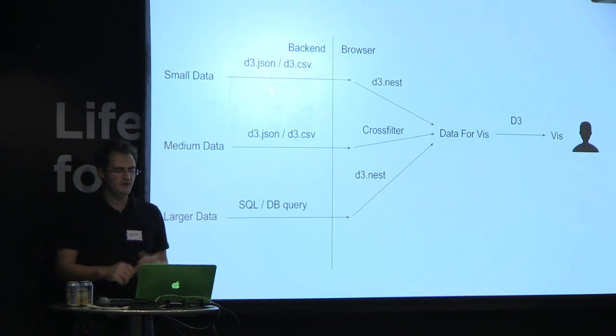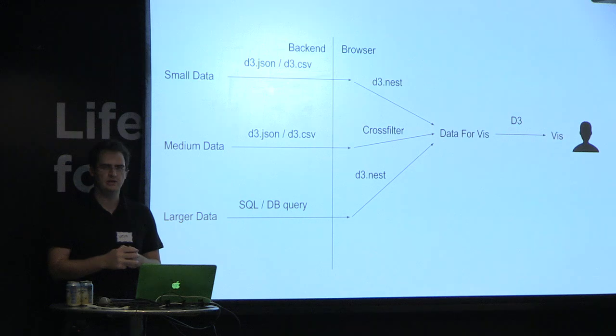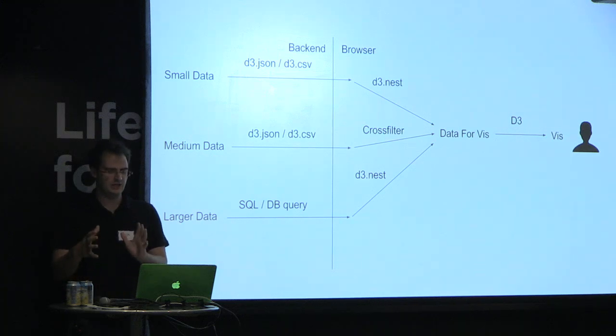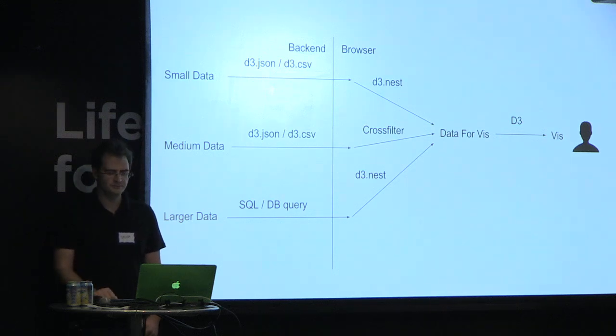Basically, if you have a small data file, to me that means you're just going to load all of it into the browser using something like d3.json or d3.csv or jQuery. And then maybe you use some data transformation tool. Maybe you just write some custom JavaScript. Or maybe you use d3.nest to transform this data into the actual data that will be rendered into the visualization. Maybe it's already transformed. But in the general case, you will perhaps use d3.nest, which is a really convenient tool that comes bundled with D3.